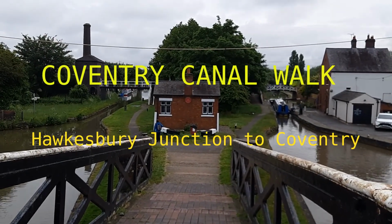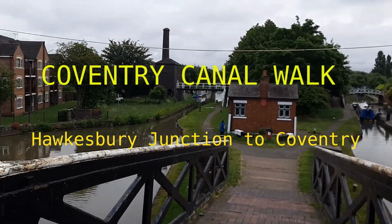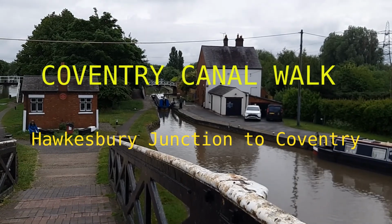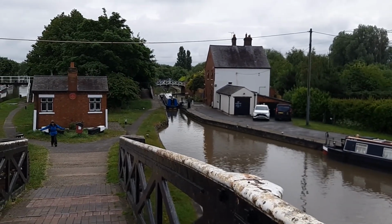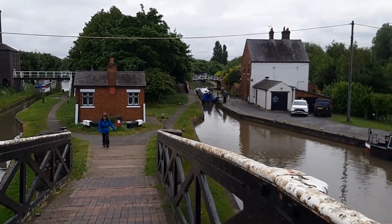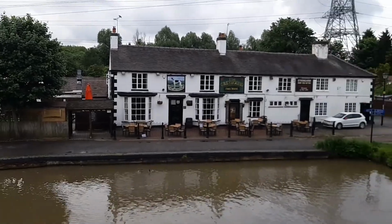Today we're doing a walk from Hawkesbury Junction, the junction of the Coventry Canal on the left there, and the Oxford Canal on the right hand side. My companion is coming up the bridge. Here we have the famous Greyhound pub